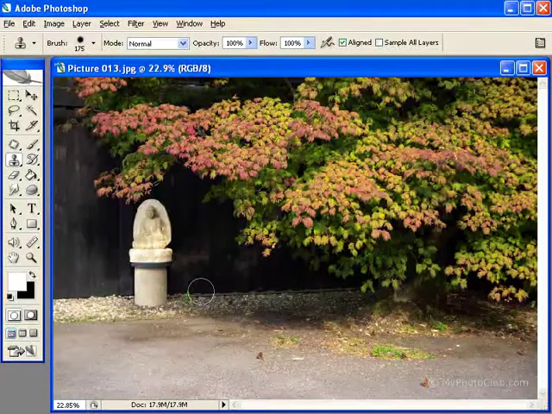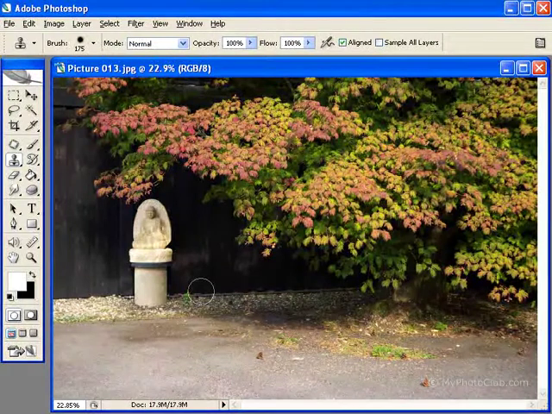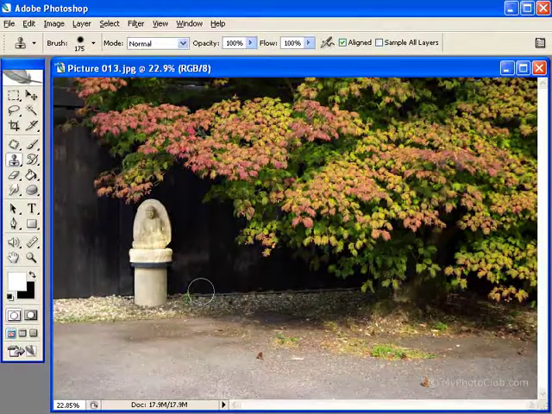The clone tool paints with a sample of an image, which you can use to remove image imperfections, paint over objects in your photo, or use for duplicating objects. Now you must set a sampling point on the active layer before you can paint. Now you want to hold down the Alt key while clicking to copy the part of the image that you